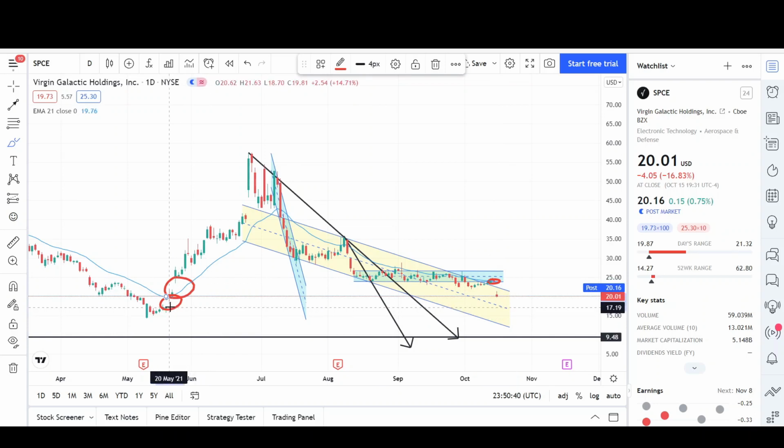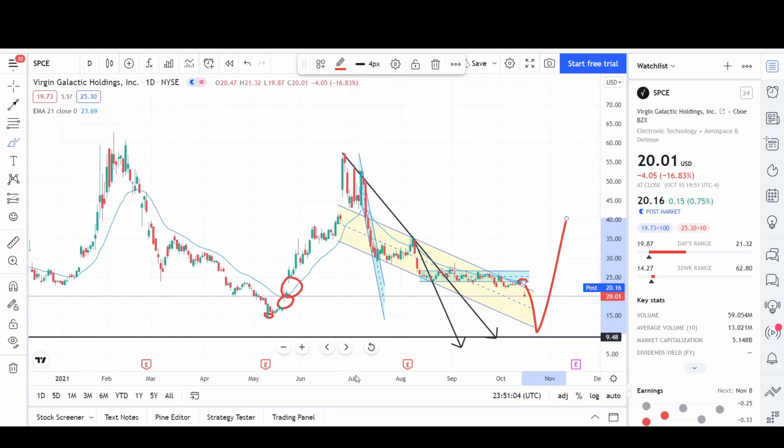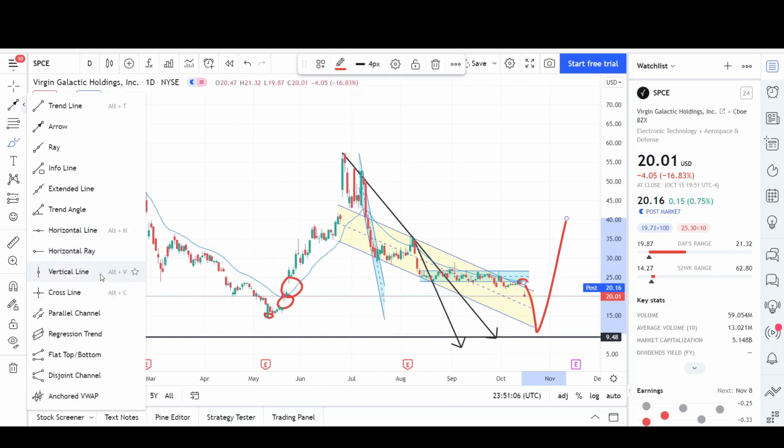So I believe with high certainty we're going to reach that low $17 level, and possibly even stop out this person who went long right here, and who has the stop losses right around that $14 level. So I still expect lower prices to come, but there are signs of weakness. If we reach these prices, I would expect a reversal from around here, a pretty good one too. So we just have to wait for that, especially since it looks like there is a support level right around this $14